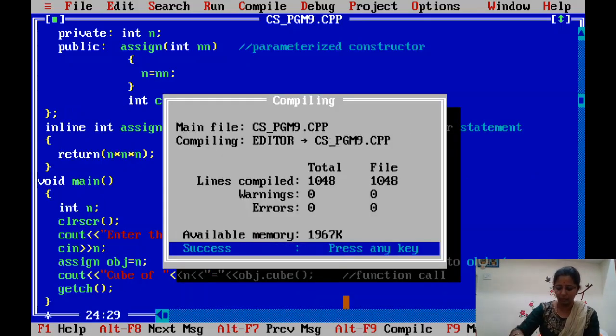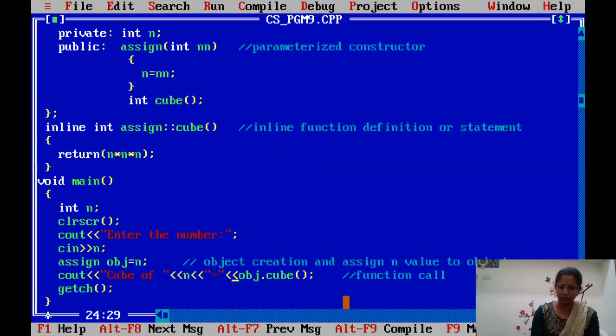That's why the minimum value is 2 and the maximum value is 20. Why should it not be 1? Please check with 1 what you will get. The cube of 1 is 1: 1 into 1, 1 into 1, 1 into 1. If you multiply 1 three times, what answer will you get? 1 only. If you give 0, 0 only. Did you get it, students? That's why the minimum value is 2 and the maximum value is 20. Hope you understood.